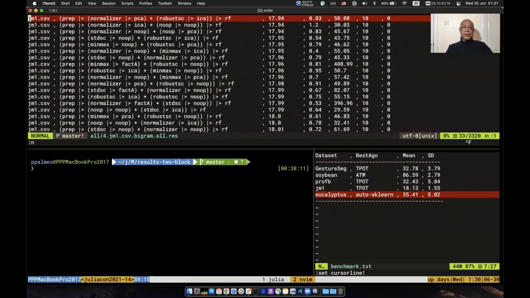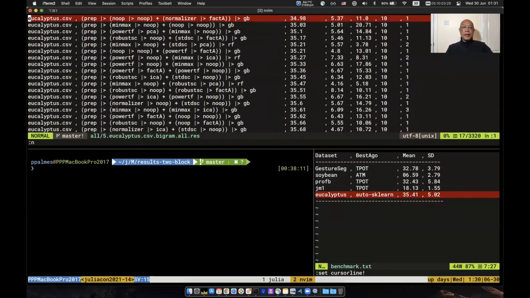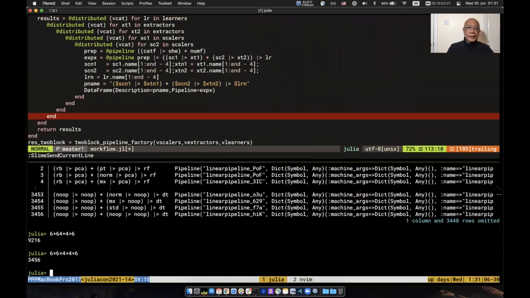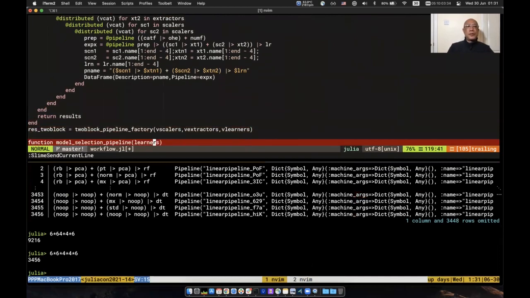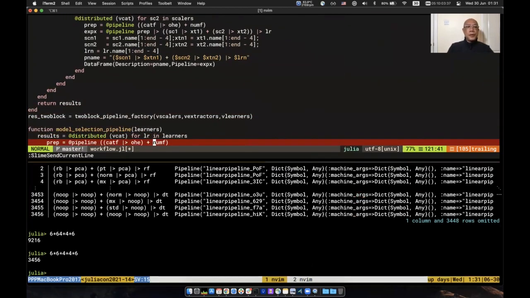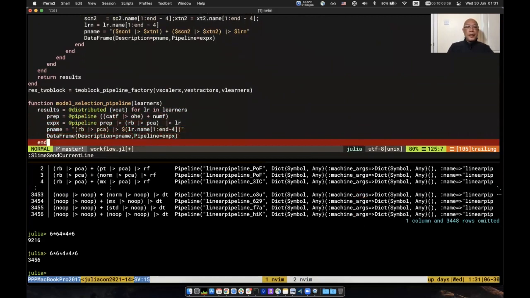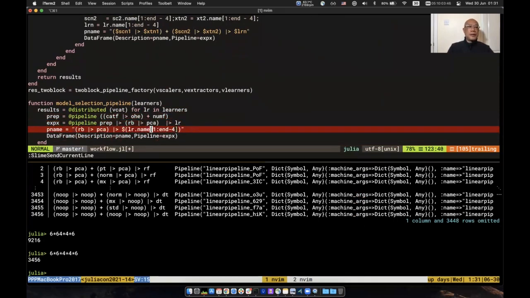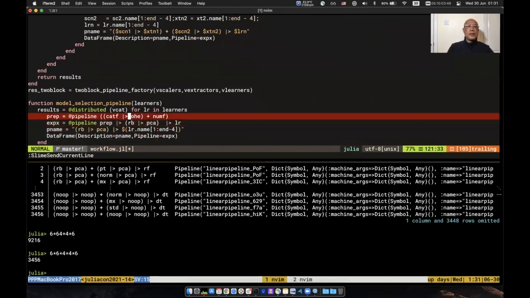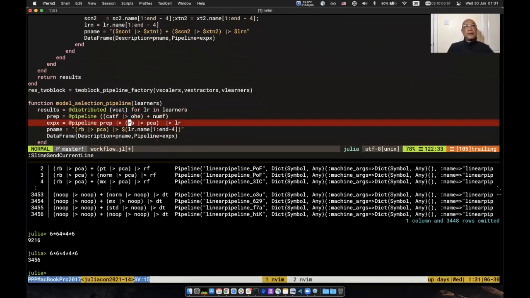Here, random forest dominates, and here, gradient boost dominates the solution. So with this insight, we can now think to simplify our solution into stages. So first, we do model selection. And the problem is, what kind of pipeline do we use? So we can start with an arbitrary pipeline and loop over the different learners and evaluate the